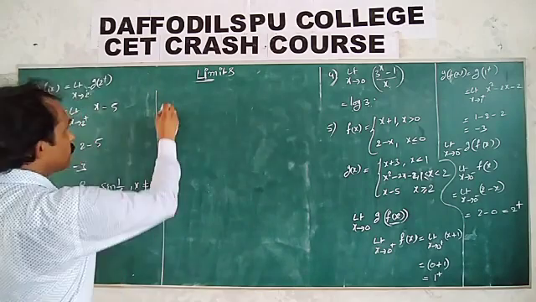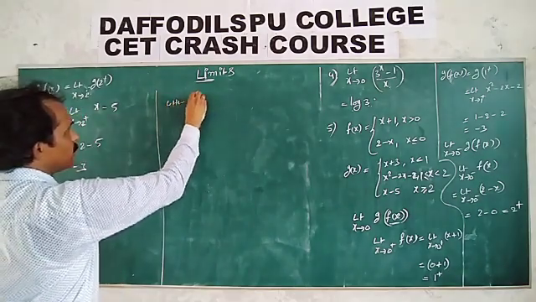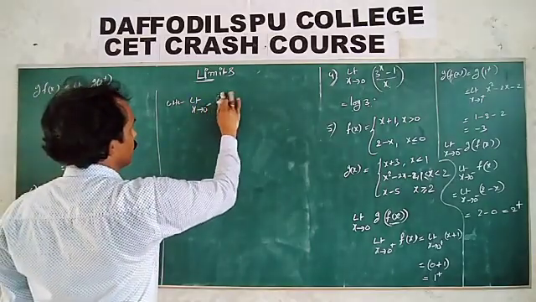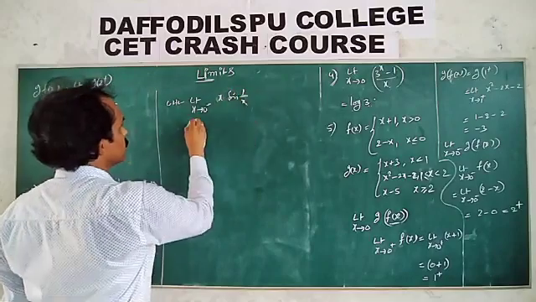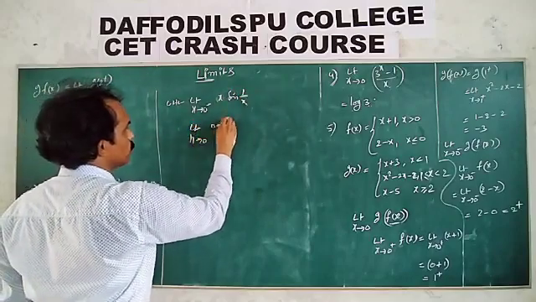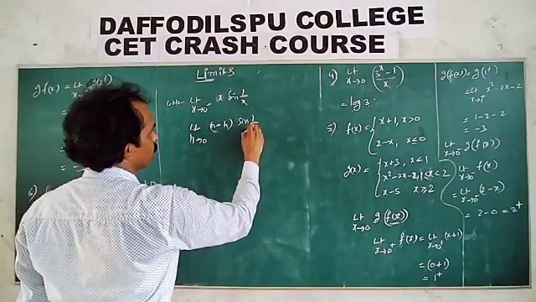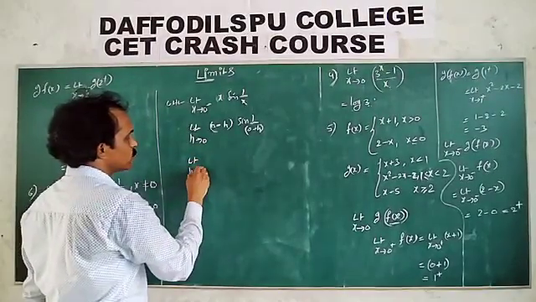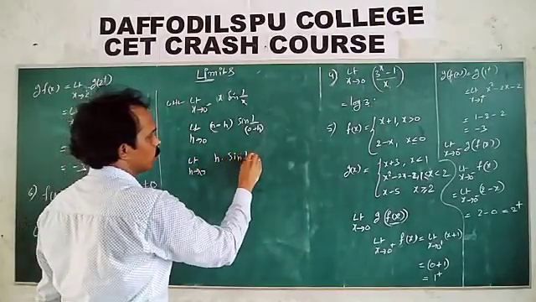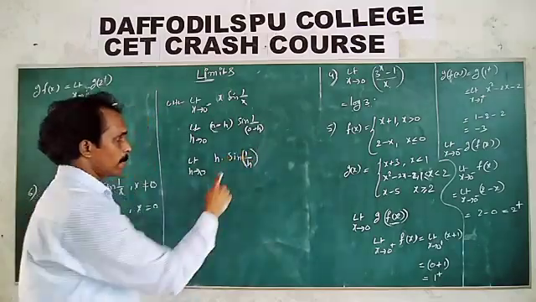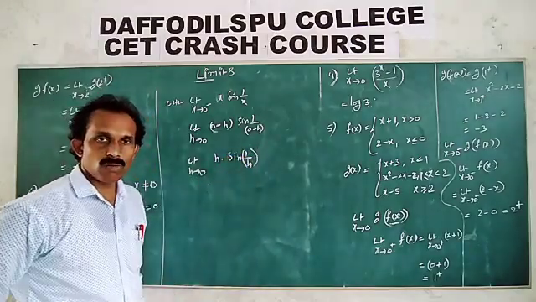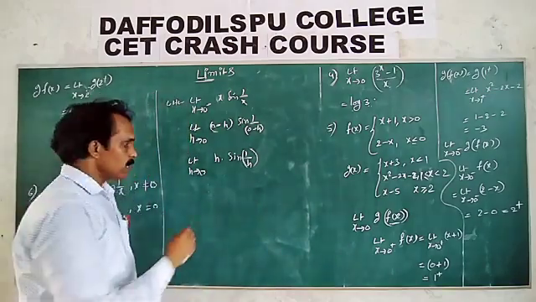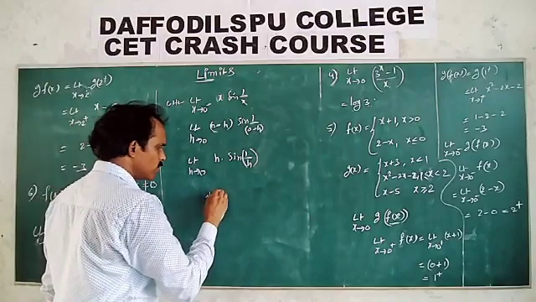So we will check left hand or right hand, anyone. Left hand limit, x tends to 0 minus. What is this value? x into sin 1 by x, so x is 0 minus h, and this becomes limit h tends to 0 of h into sin 1 by h. Clear? Now 1 by h tends to infinity, since 1 by 0 means infinite. So sin of infinite, what is this value?